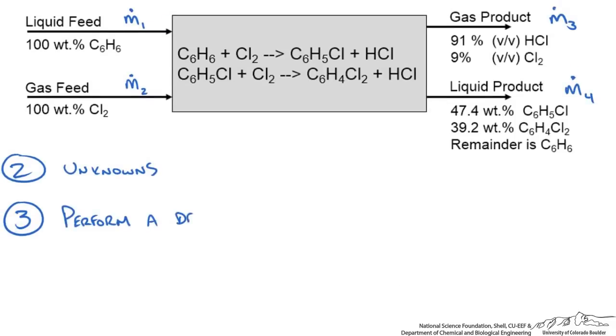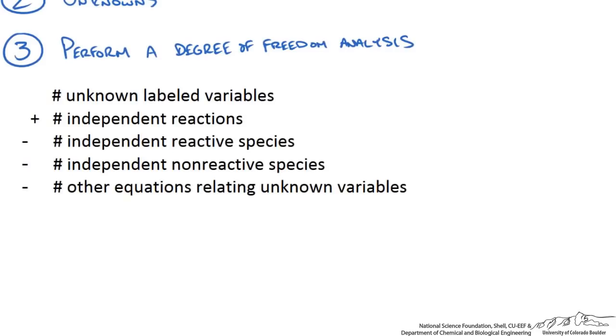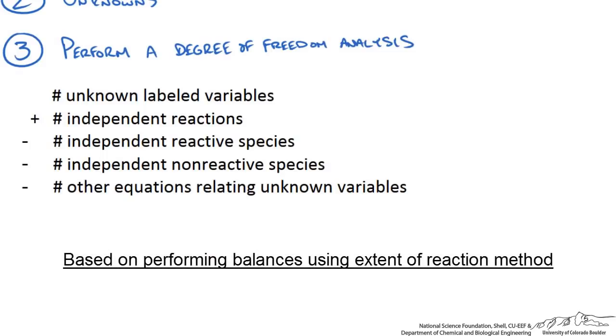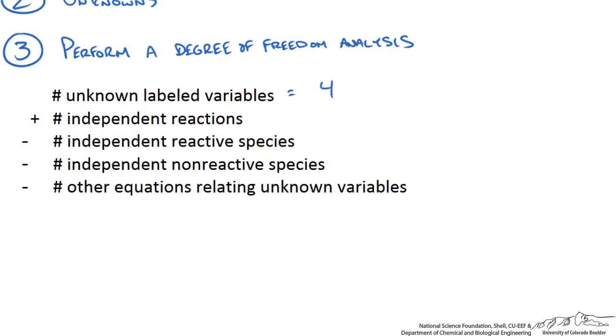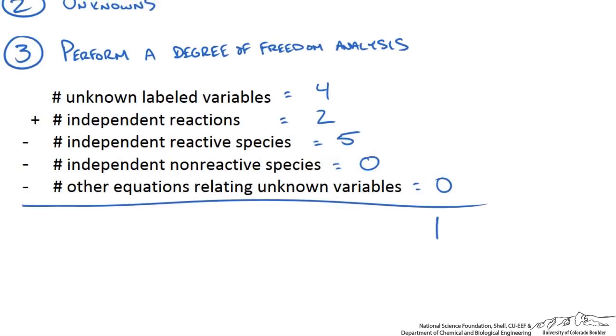Now the next step, we want to perform a degree of freedom analysis to examine this problem and determine if we could even solve it, or what maybe information we could plug in to solve it. So I've copied over the kind of things we need to consider in this problem for a degree of freedom analysis. So we start with the unknown labeled variables, which we had the 4 flow rates. We add any independent reactions. We have 2 independent reactions, minus any independent reactive species. We have a total of 5 species. We have no non-reactive species, and we don't have any other equations that relate these unknown variables. So this gives us a degree of freedom of 1,